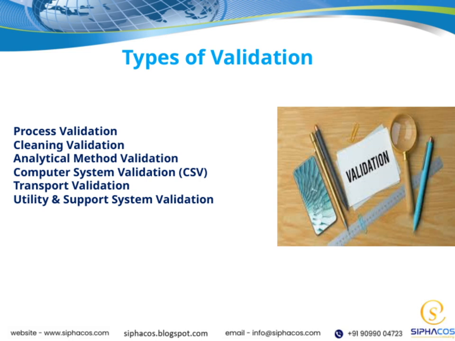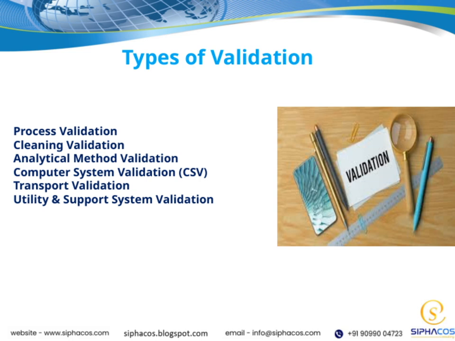Moving on, we have computer system validation, or CSV, which is vital for confirming that our computer systems perform correctly and securely. Transport validation is another key aspect. It verifies that products remain stable and unaltered during transportation. Finally, utility and support system validation ensures that all supporting systems like water, steam, or HVAC meet the required quality